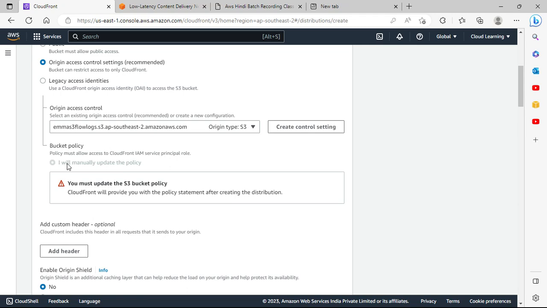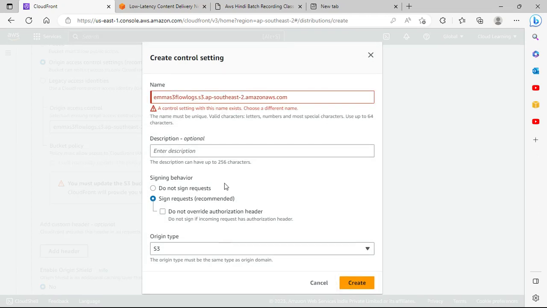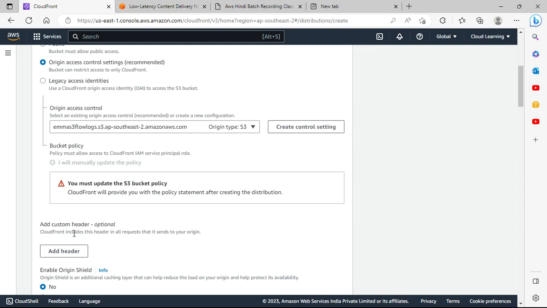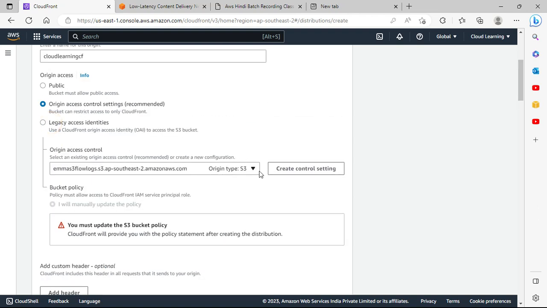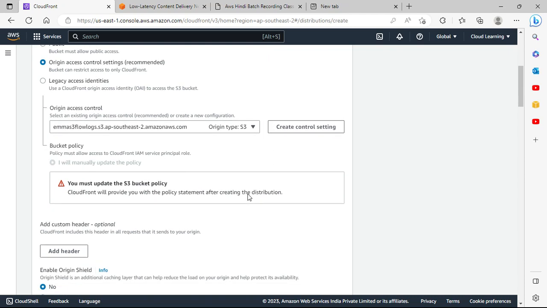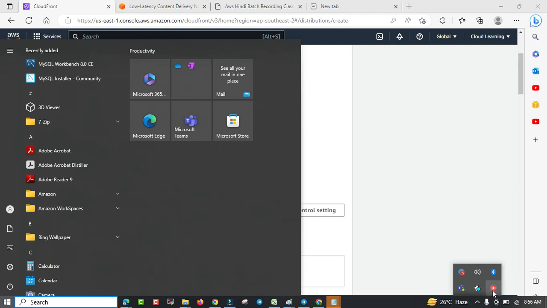So what you need to do, you can create the control settings, and here you go, create. This already exists, right? Now that is fine. You need to update the S3 bucket policy, and this is actually required. I can update the bucket policy here, but at the time when you are creating this, you have the option actually. So guys, this is the recommended way, and another recommended thing is you can go for